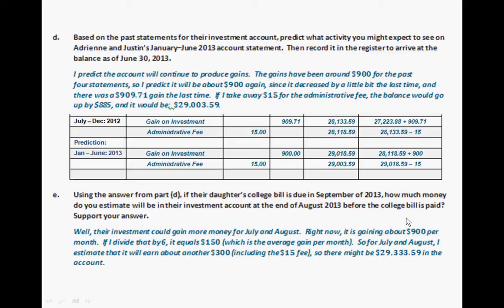Then using your answer from Part D, if the daughter's college bill is due in September, how much money do you estimate will be in their investment account by the end of August before the college bill is paid? Well, the investment could gain more money. Right now it's about $900 per month. If you divide that by 6, because it's in 6 months that it will be due, it equals $150. So for each month would be $150. So for July and August, you'll earn another $300. So there might be about $29,300